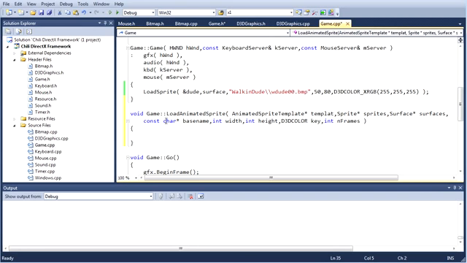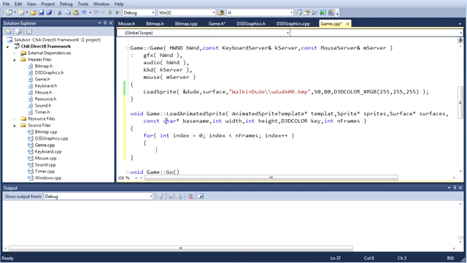And before we can load up all of our sprites, we have to load up all of our surfaces. So, for int index equal to 0, as long as index is less than n frames, index plus plus, and